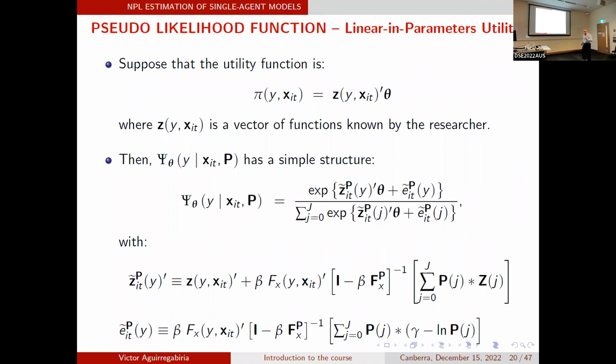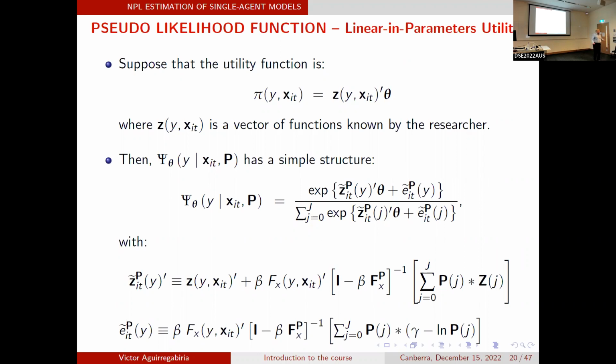Then convergence properties of this estimator in single agent models are very good. At least the empirical applications have not shown anything that invalidates the contraction property, or at least the local contraction property of this